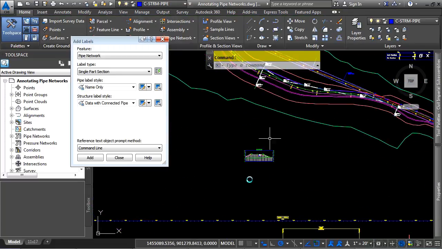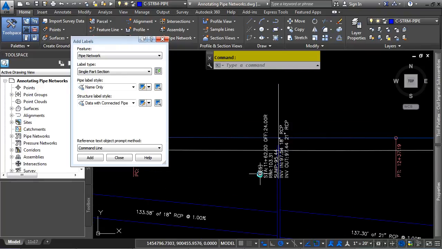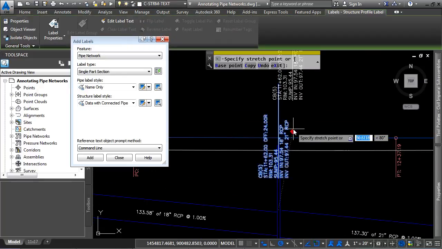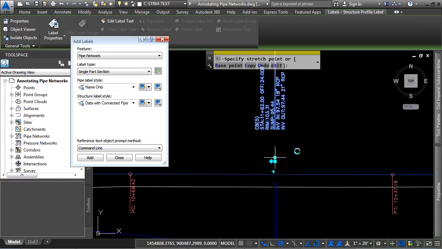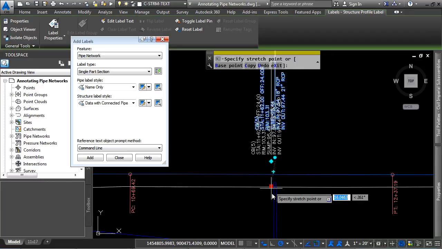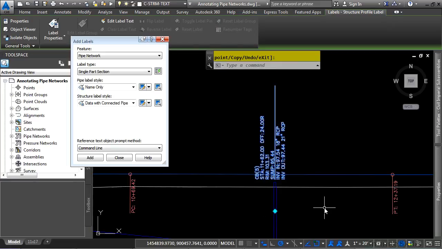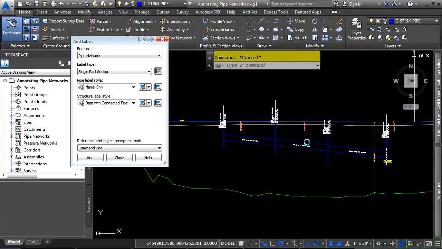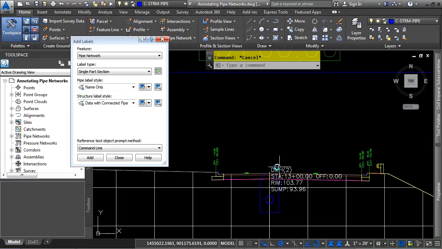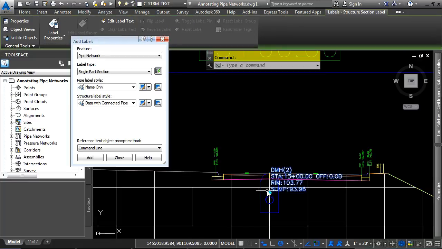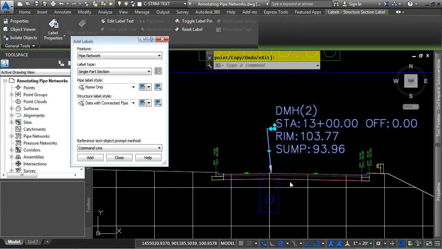You can define a default setting for the profile view. And if you go ahead and select this one, you'll notice that this one actually does not have a multi-leader. It simply allows you to move it, and you can move it out of place at the top of your structure object. And you get the same grips for the pipe object that you have in the plan view. Section view, same thing applies, just select your object, and then move it around as you need to.